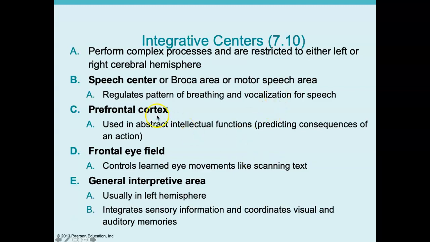One thing that's kind of important here, the prefrontal cortex. Now, this is the area that predicts consequences of an action, and it takes years for us to develop that. This is why teenagers often act without being able to understand the consequences of those actions. Their prefrontal cortex is not developed yet. But this is also where there's damage when you're schizophrenic. You've got damage to that prefrontal cortex.